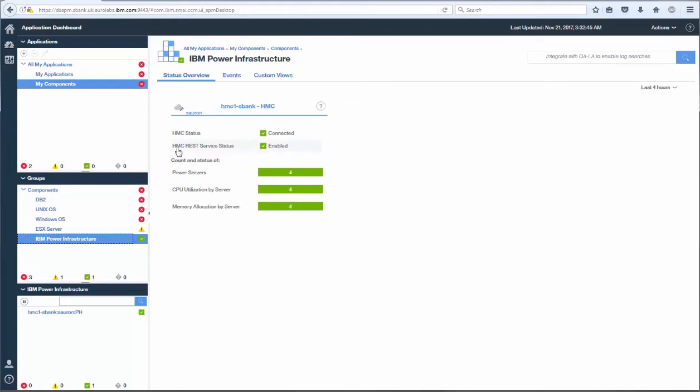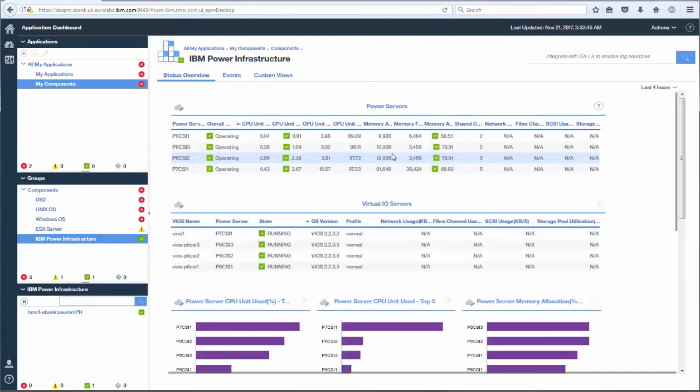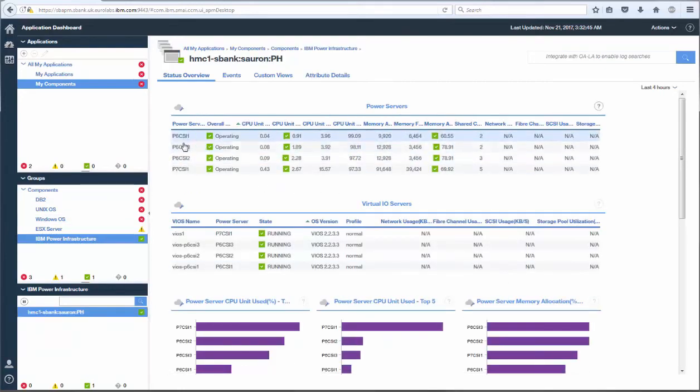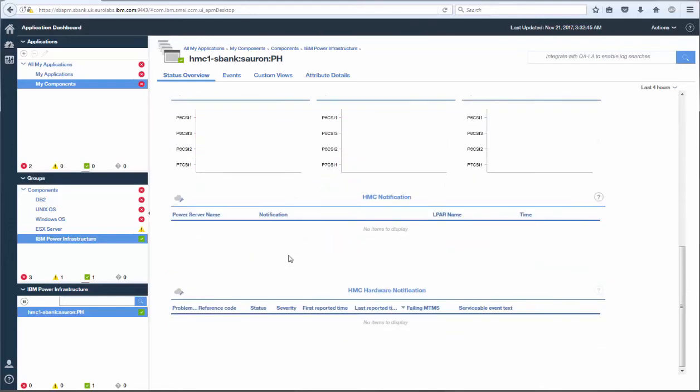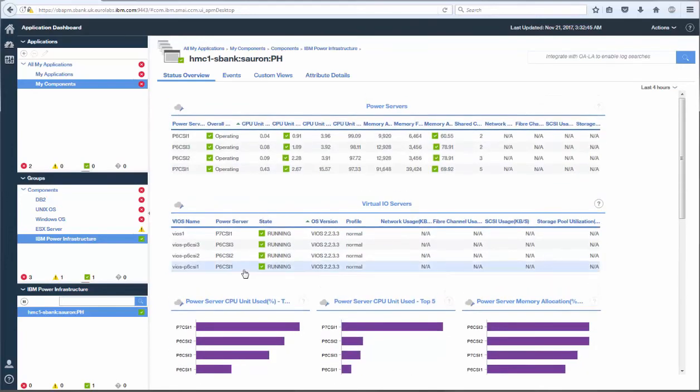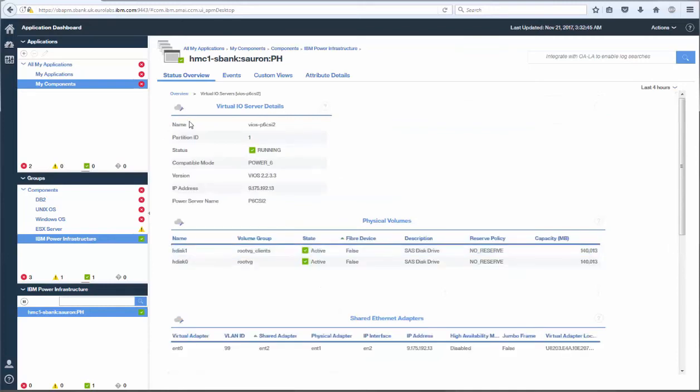It shows that the HMC REST services is running. We've got the number of power servers, the CPU utilization by server, and memory allocations. You can drill down to the server itself. It gives you further information, so individually by the power servers that we've enabled the utilization for each, the virtual I/O servers within each power server, and further details and information on each component. You can still further drill down to virtual I/O server of each individual power machine and get further information about